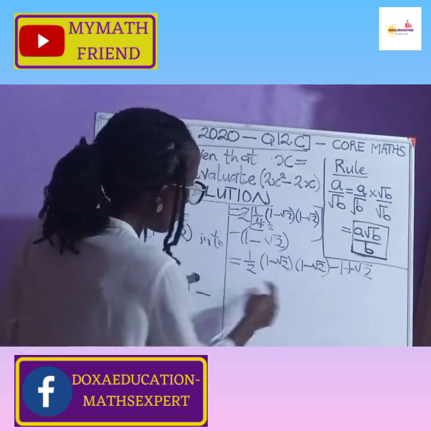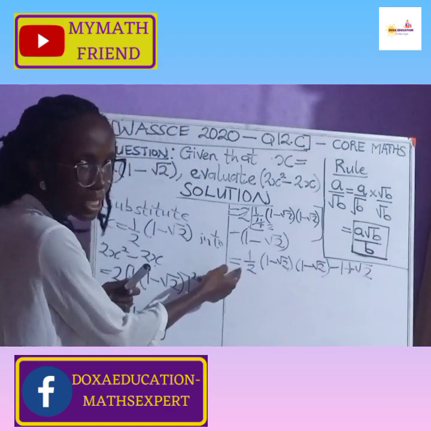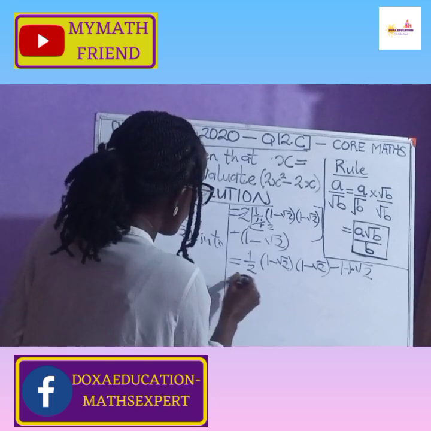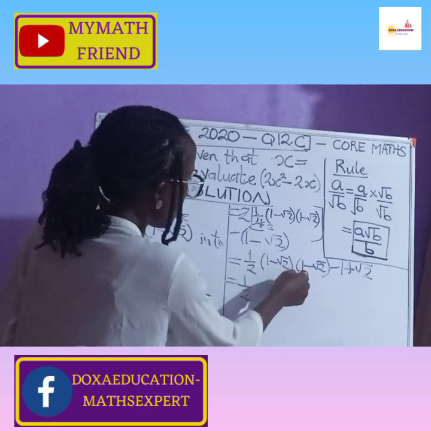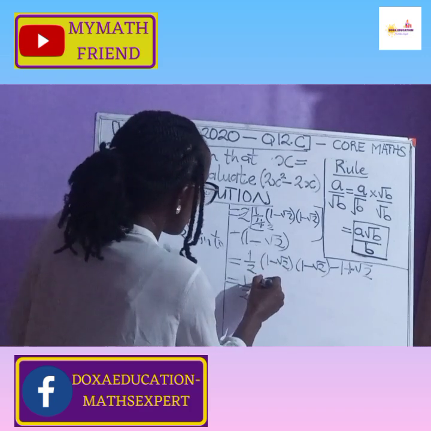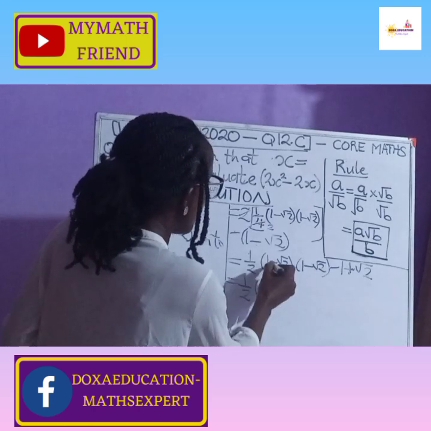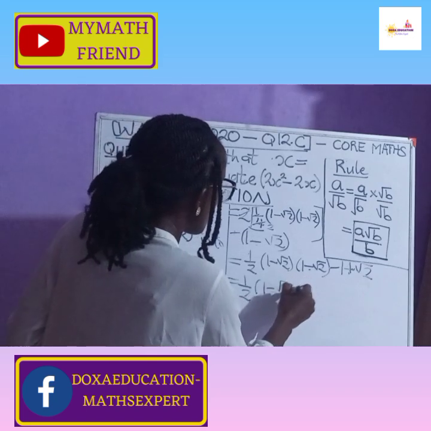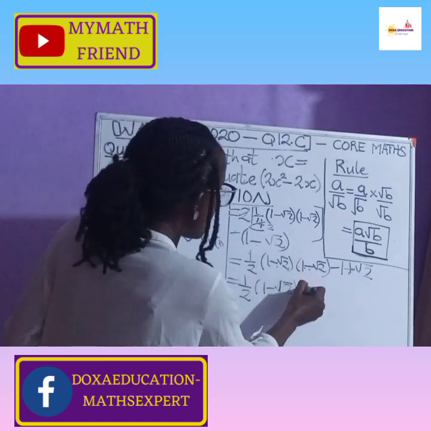So from here, we are going to expand these two brackets before the half affects it. So we maintain the half. 1 times 1 is 1. So half times 1. 1 times negative root 2 is negative root 2. Close the bracket. Negative root 2 times 1 is